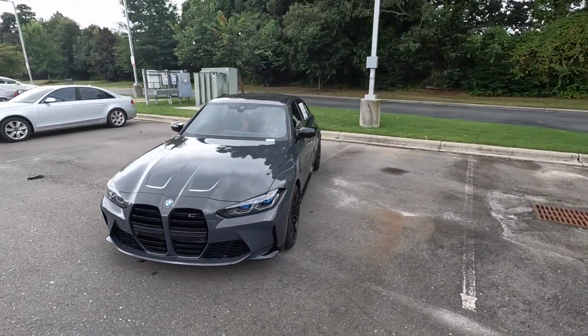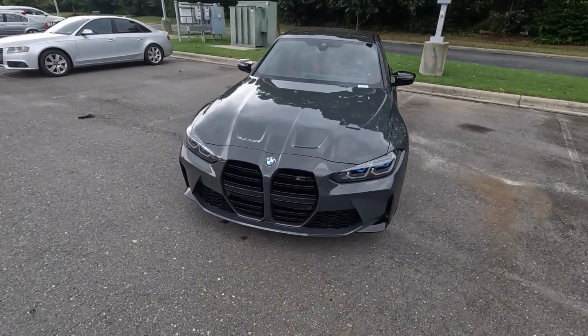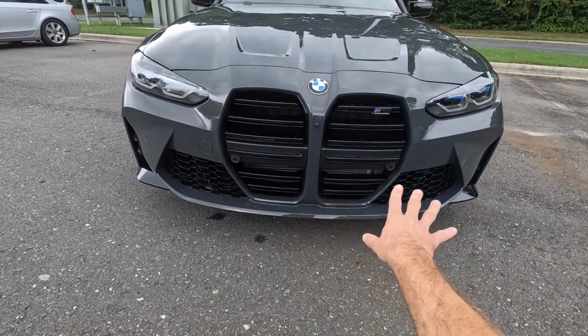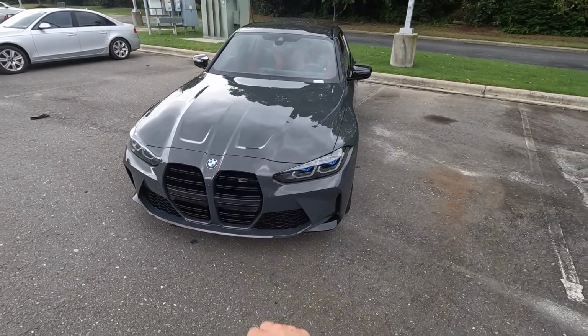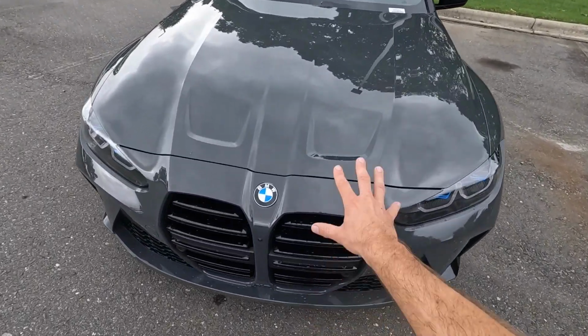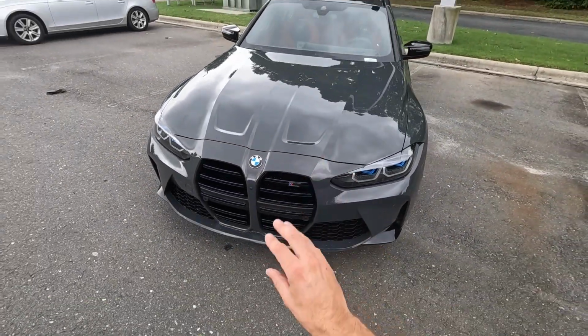So for this 2024 model, up front we have the massive kidney grille. All of the cutouts provide a lot of cooling, forward-facing camera, parking sensors as well, M3 Comp badge. And on the top of that grille, it matches nicely with the hood. All of the lines going up with the indentions on the top of that hood, I think, bring it together